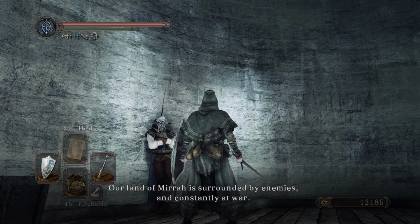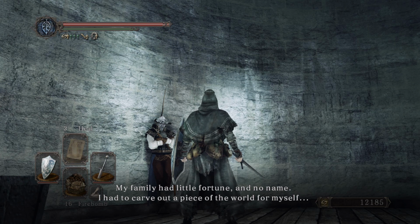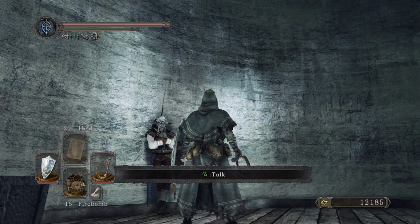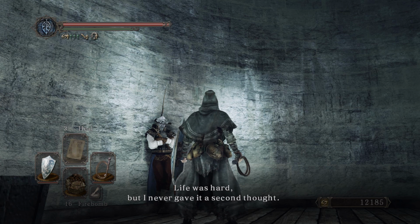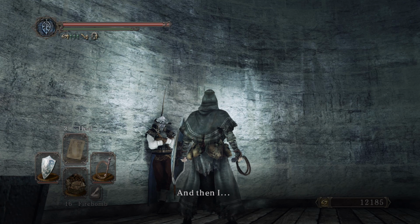Our land of Mirror is surrounded by enemies and constantly at war. There is only one way up in Mirror. Join the Order and prove yourself in battle. My family had little fortune and no name. I had to carve out a piece of the world for myself, with two things: my sword and my loyalty to my lord. I was raised to wield a sword from birth. Life was hard, but I never gave it a second thought. I had swift success on the battlefield and quickly attained respectable stature. And then I came here to...